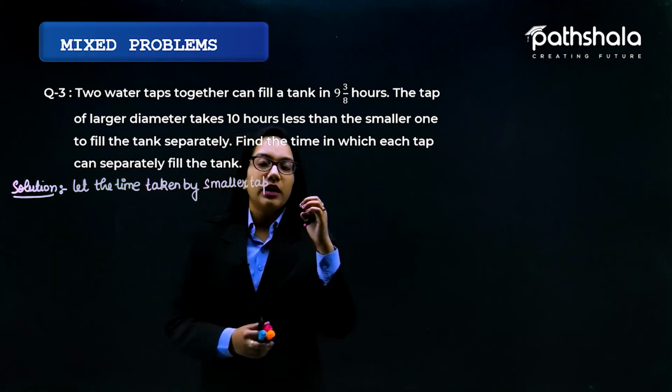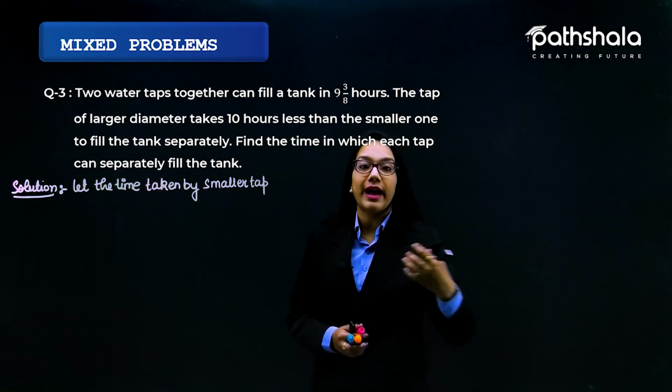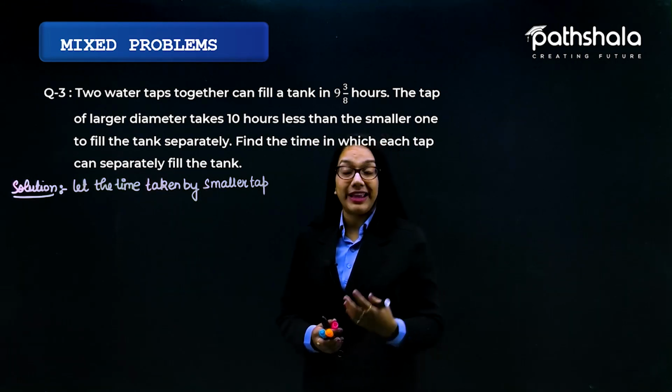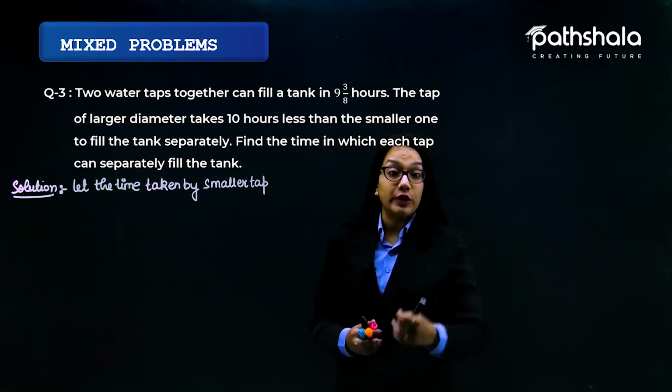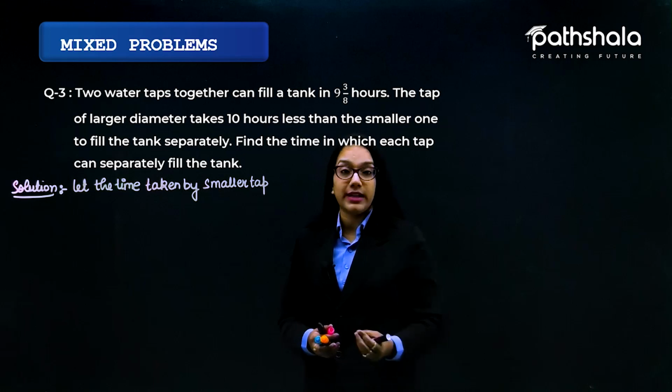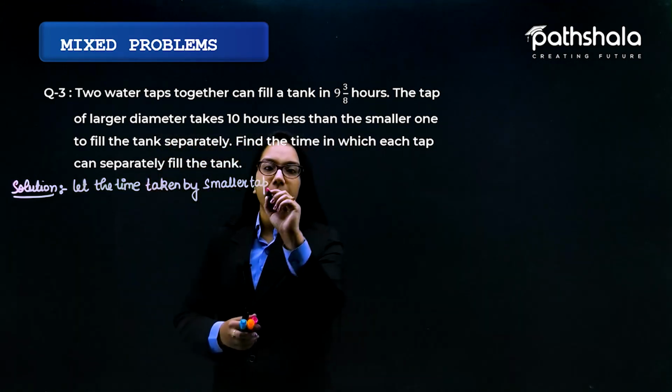Basically, if I'm saying smaller tap, I'm talking about the tap which has a smaller diameter. So that's why I'm calling it the smaller tap. So let the time taken by the smaller tap,